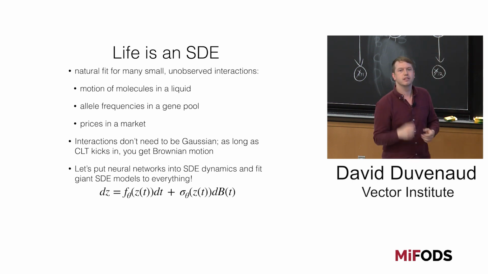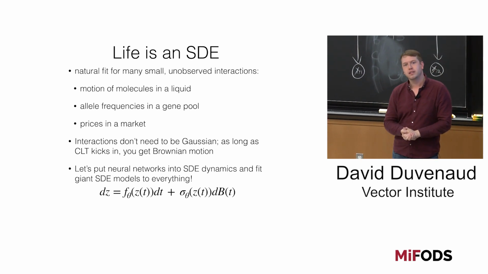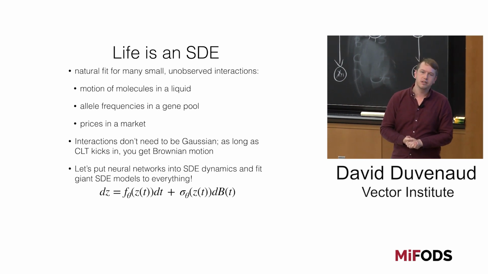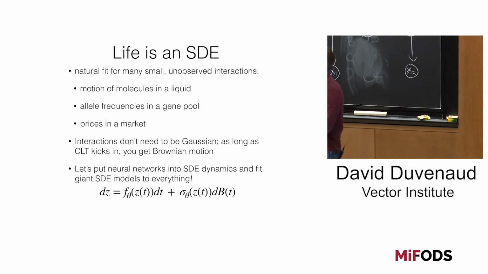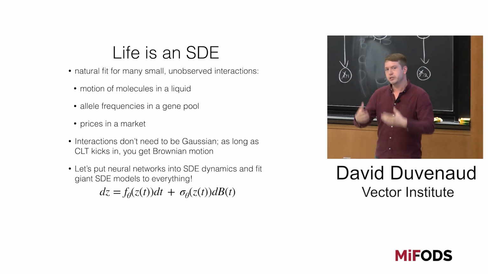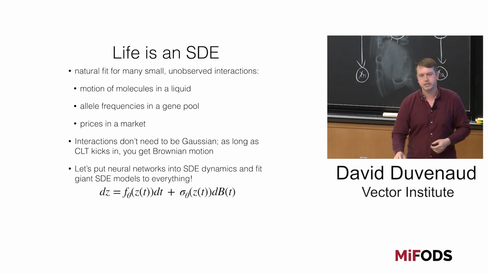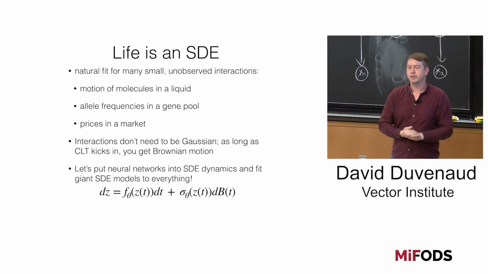Oh, yes? Is there theory on what is the general class of random processes that this kind of Brownian motion SDE can describe? Like, is it as flexible as any of our discrete time random models? That's a great question, actually. I've never actually thought about it in comparing it to discrete time models. I will say that, we're going to come back to this at the end, there are Gaussian processes that you can't model with this, like white noise is a Gaussian process that can't be modeled by an SDE.